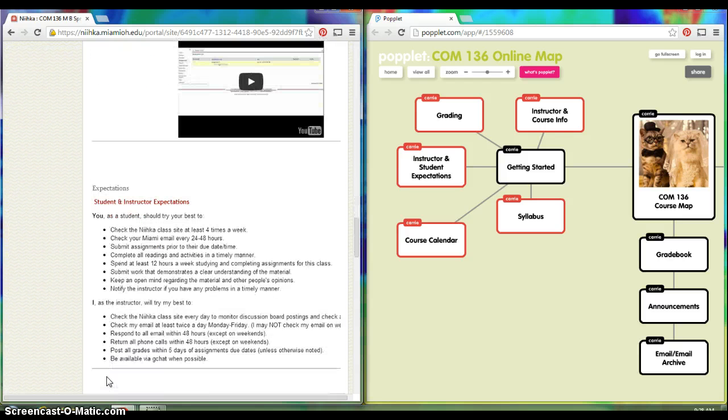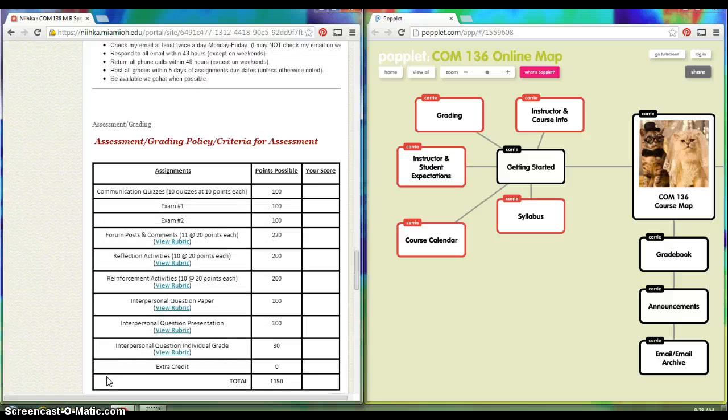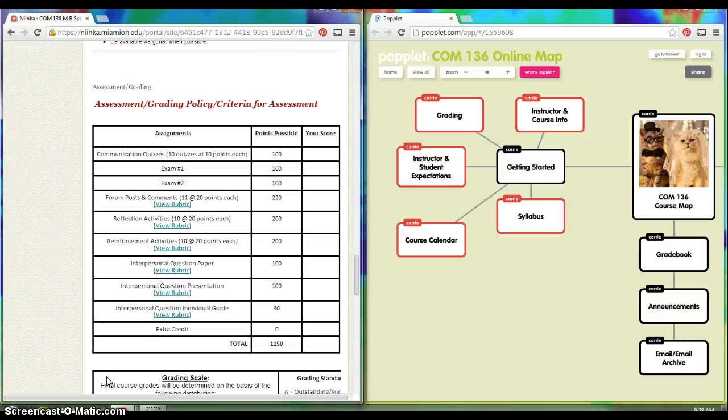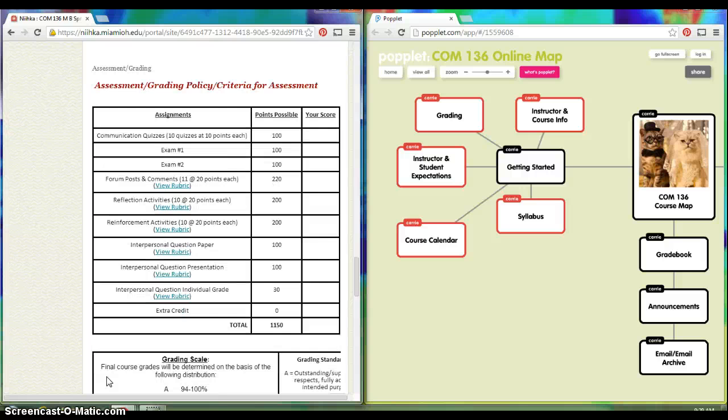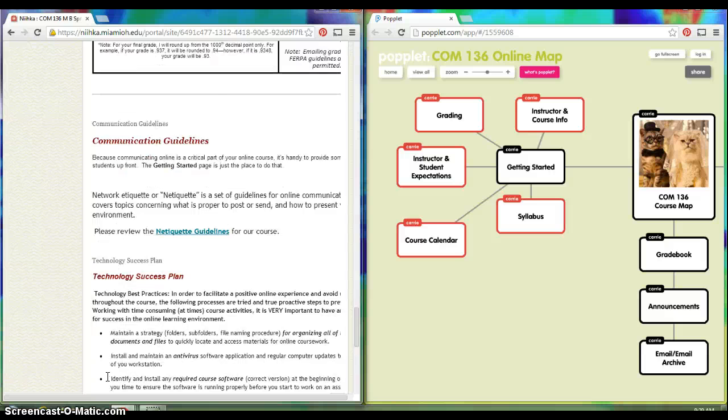We've got instructor and student expectations for the course, our grading policy, which lays out every type of assignment we're going to have, and the rubric with which I'll use to grade it. You can see that there are 2 exams in this course, but if you look through, exams are not the heaviest weight in this course. Assignments that you'll do throughout the course are going to weigh more. Guidelines on communication,